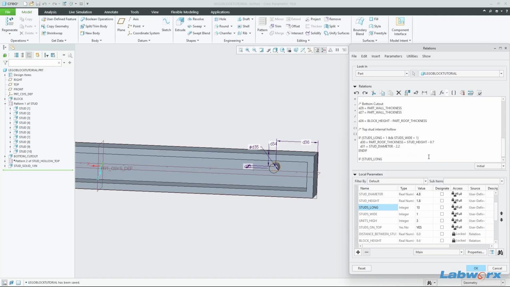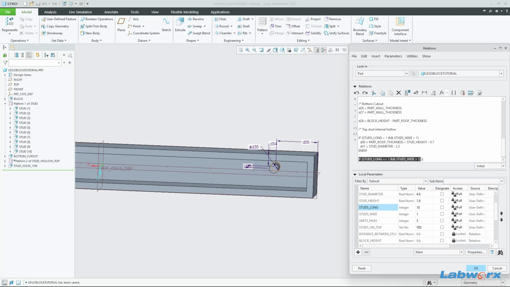Studs long is equal to 1, and studs wide is above 1, and then we're going to do an OR. So our OR function is 2 pipes like that, 2 separator pipes, which is found on your keyboard. Should be above the enter key, where you use shift with the button above the enter key where you've got your slash, your backslash. So we've got if studs long is 1 and studs wide is above 1, or, and